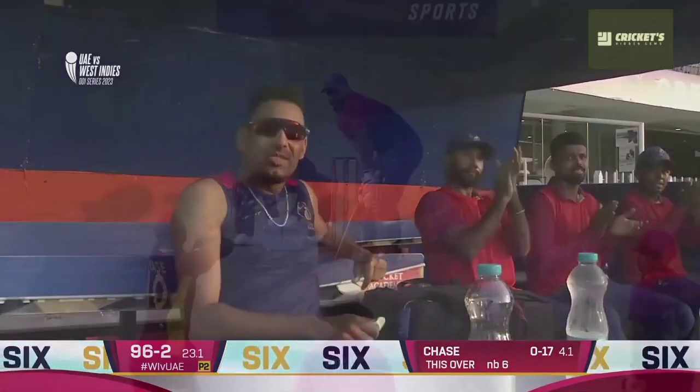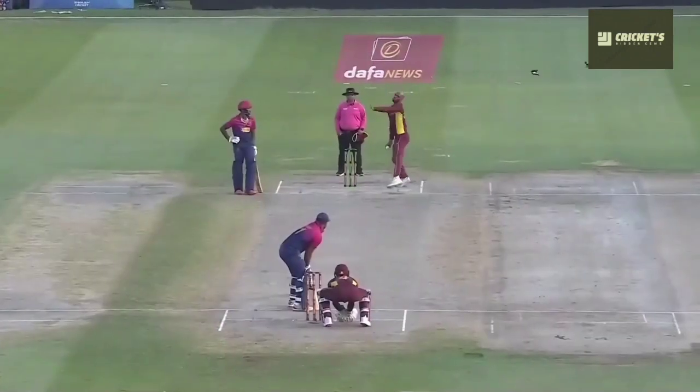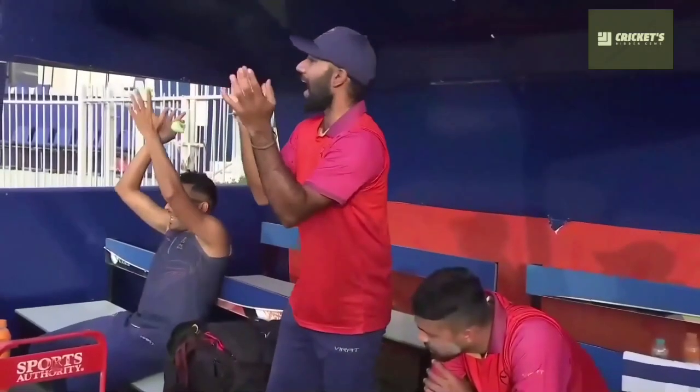Now a no ball and an inch of muscle that he has. And sending this back. When he hits, it stays hit, as they say. And this is beautifully done. Well, that's the end where the ground is not...